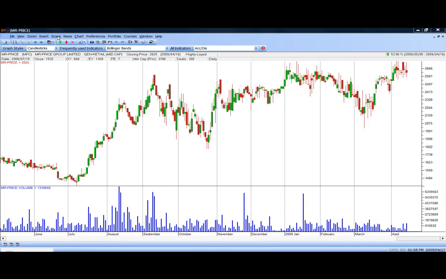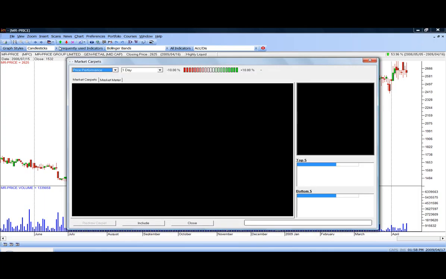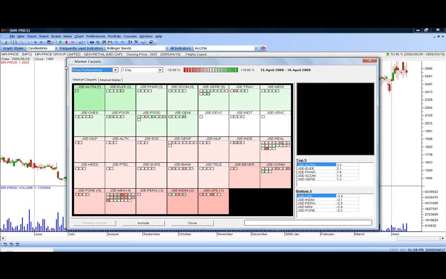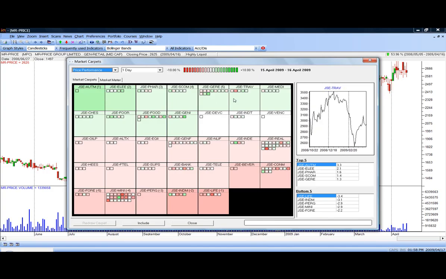Once again, select the Scans menu from the menu bar, but this time select Market Carpets. As the name describes, you have a view of what we call a carpet, in different colors, of each of the sectors within the stock market. As I move over these sectors, on the right-hand side you'll see a graph showing the performance of each of the sectors. The first time that you load this carpet, you will see it's again in 1